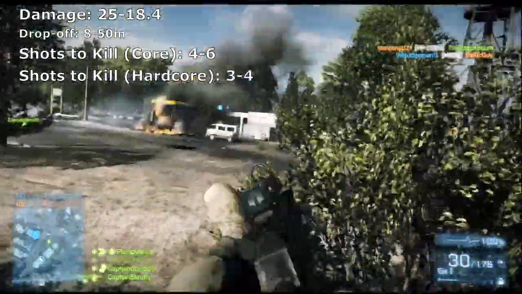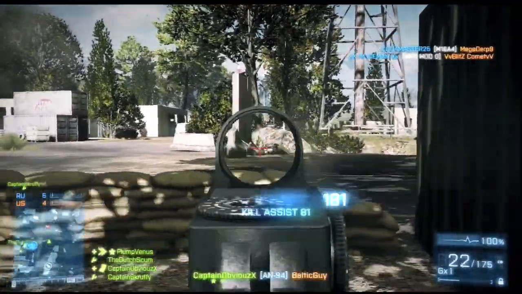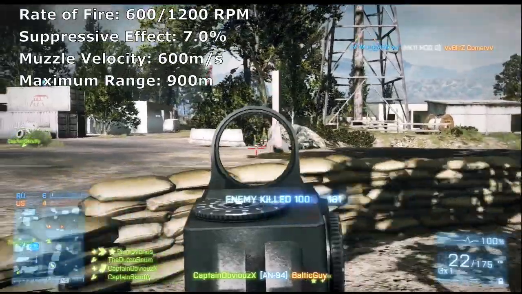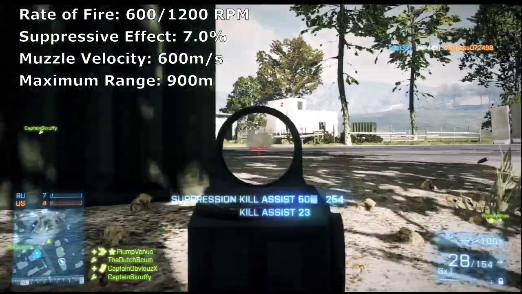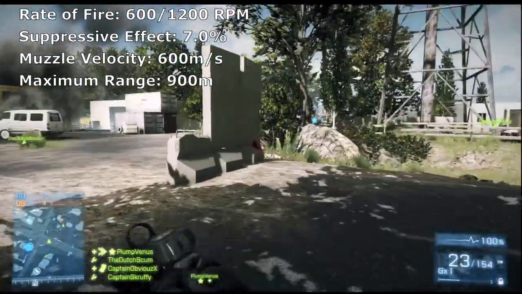Shots to kill are 4 to 6 in core and 3 to 4 in hardcore modes. The AN-94 can be switched to fully auto mode, and that rate of fire is 600 rounds per minute. But for its 2-round burst firing mode, the rate of fire has a potential of 1200 rounds per minute. If you can pull that trigger fast enough, you can reach rate of fire speeds higher than any other weapon